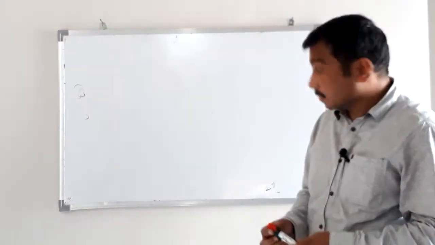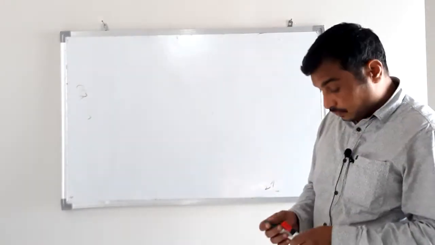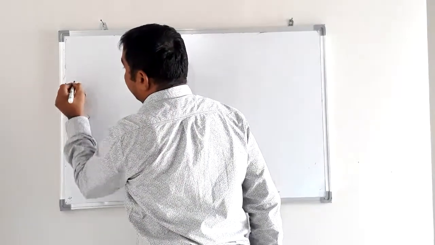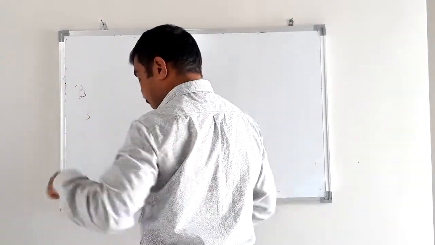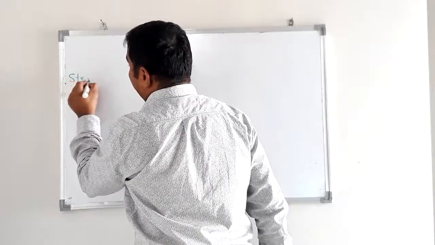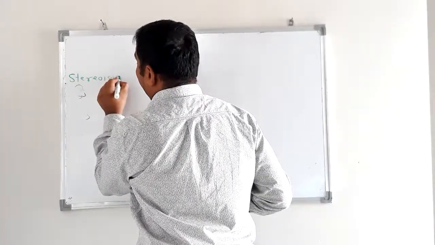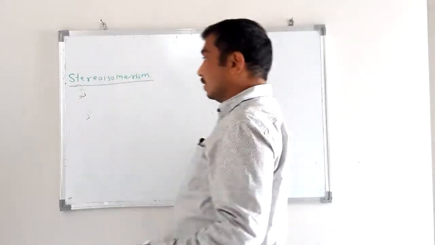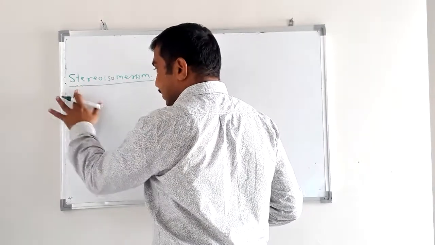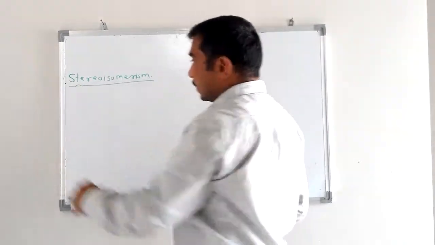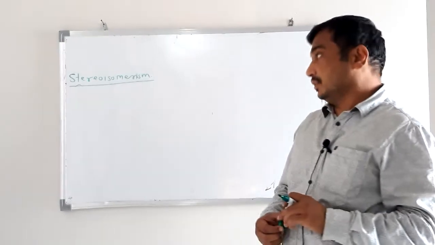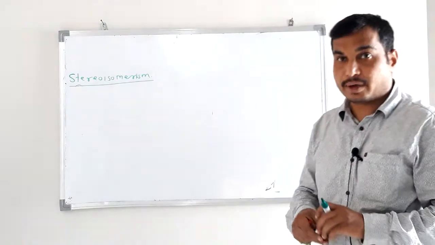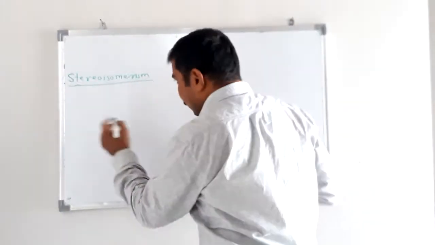So, hello students, in this class we will again discuss stereoisomers. I think we have already discussed the meaning of stereoisomers and their classification. They are three-dimensional isomers. As we know, suppose for example